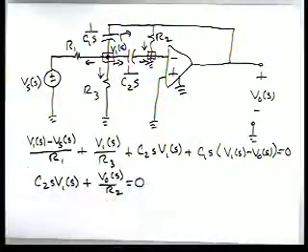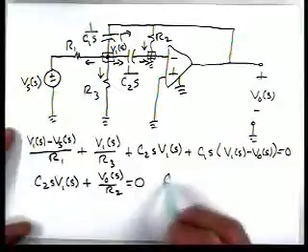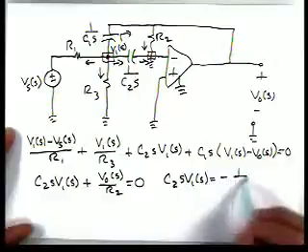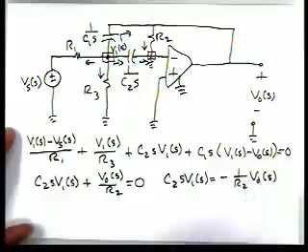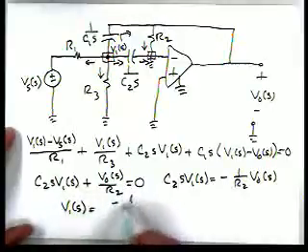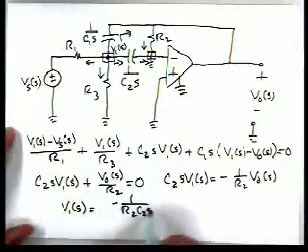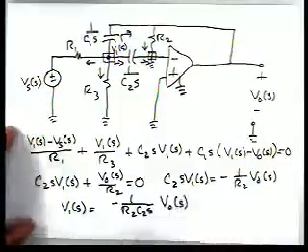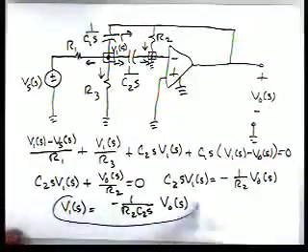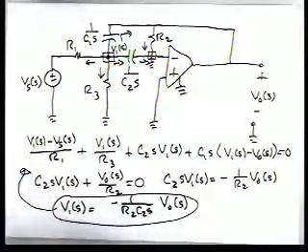So now from this equation we can express V1 in terms of V0, and we can use that to eliminate it from that equation. So if we look, we have C2S V1 of S is minus 1 over R2 V0 of S. So then V1 of S is minus 1 over R2 C2S times V0. So now we're going to take this and substitute it in up here. So let's take this first equation up here and